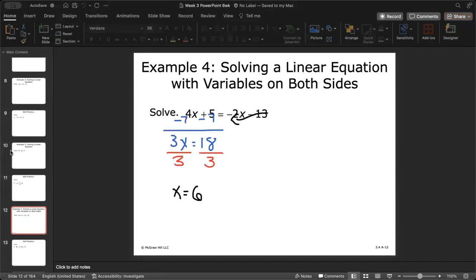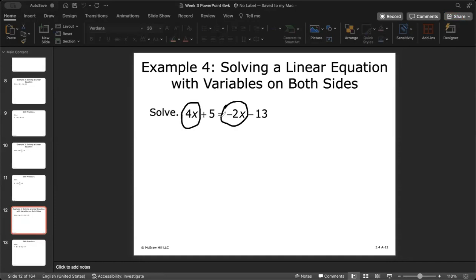Now, this is a little bit different. This is not a big difference from what we did. Notice what's different is that we have variables on both sides of the equal sign. That's okay. We know how to deal with this. You just need to be told what it is. Again, it's still the same goal, trying to get the x by itself on one side, everything else on the